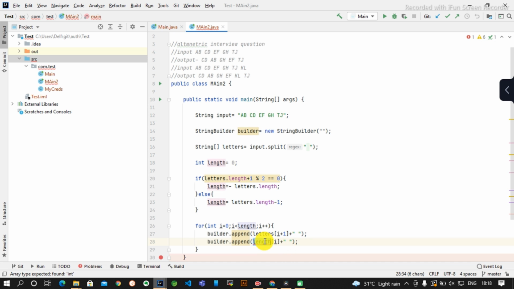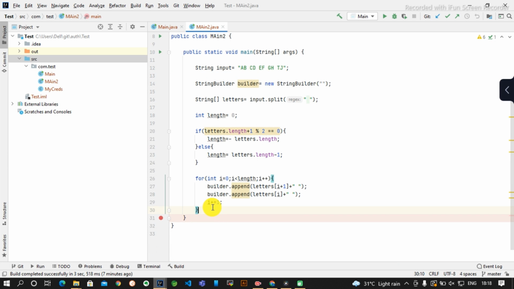Then we need to increment the i. So we will use i plus equal to 1, because we have used these two elements, so our pointer should point to this location. That's the reason I have made this i plus equal to 1.